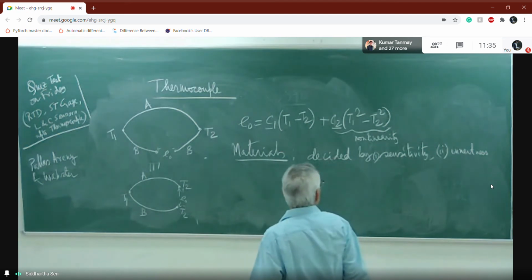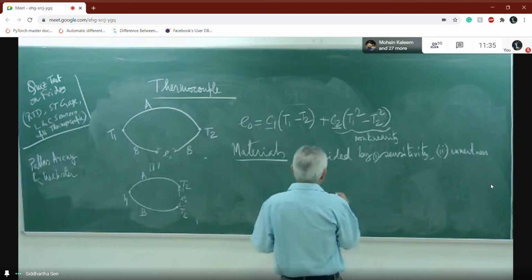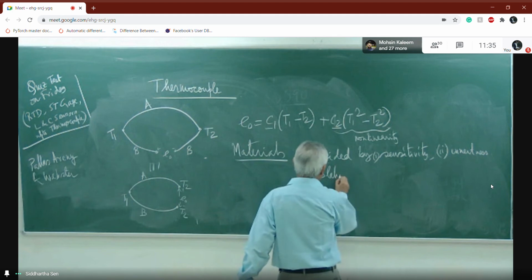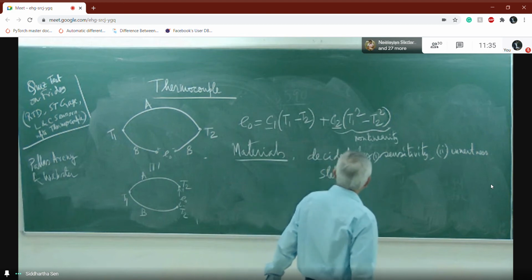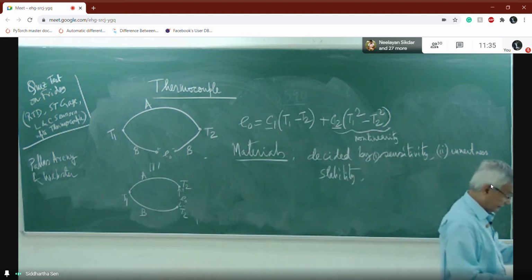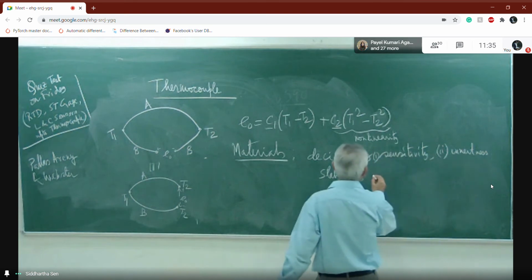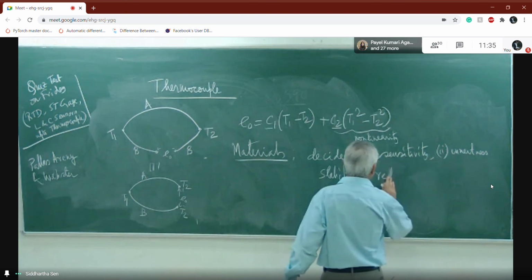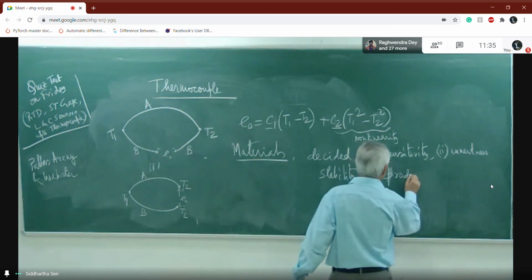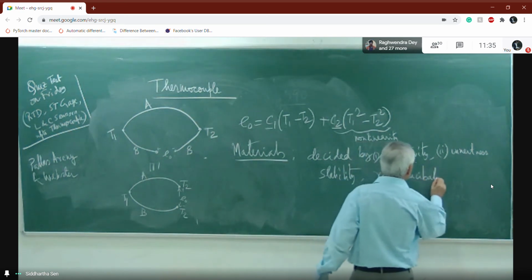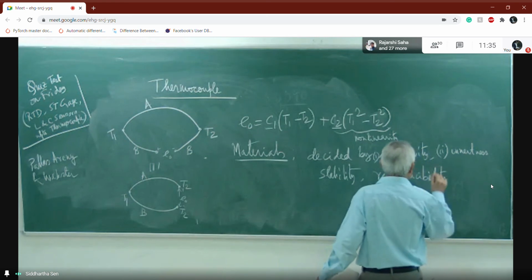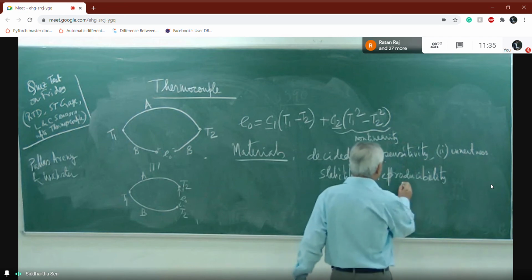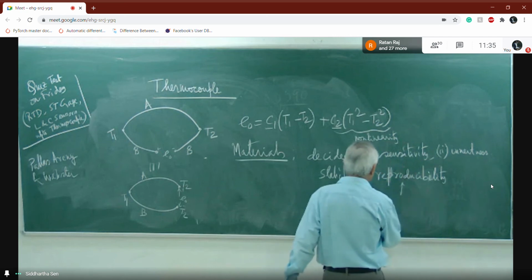So this is one of the things. Similarly, stability. Stability means its sensitivity and all the things should be constant for a long time. Next is reproducibility. Reproducibility is a very important one. What is it? The ability to replace.